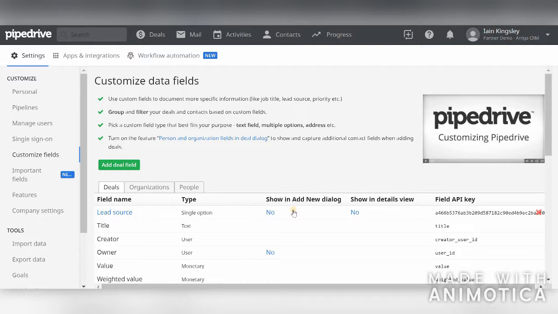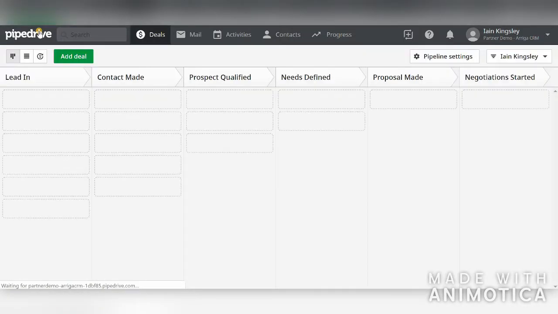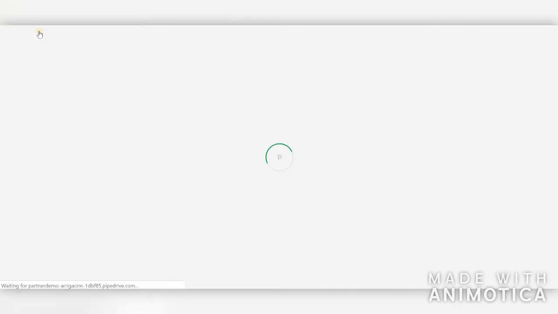Now note that the field itself is not by default added to the add new dialog or indeed to the details view. You can see the columns there next to my new field and they're both set to no. Easy to change, just simply click on them and they will then say yes and they will be shown on the relevant forms. So I can click back to my pipeline now,